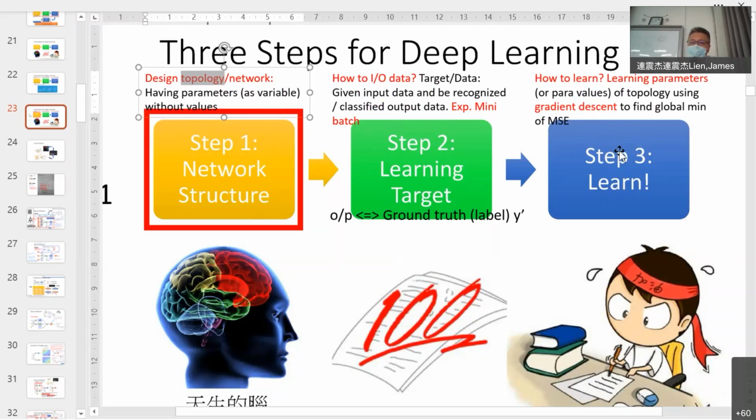So how do you learn? So 3 steps: topology, clear the data with ground truth, and then how do you optimize in order to get the parameters you need? Okay, 3 steps.